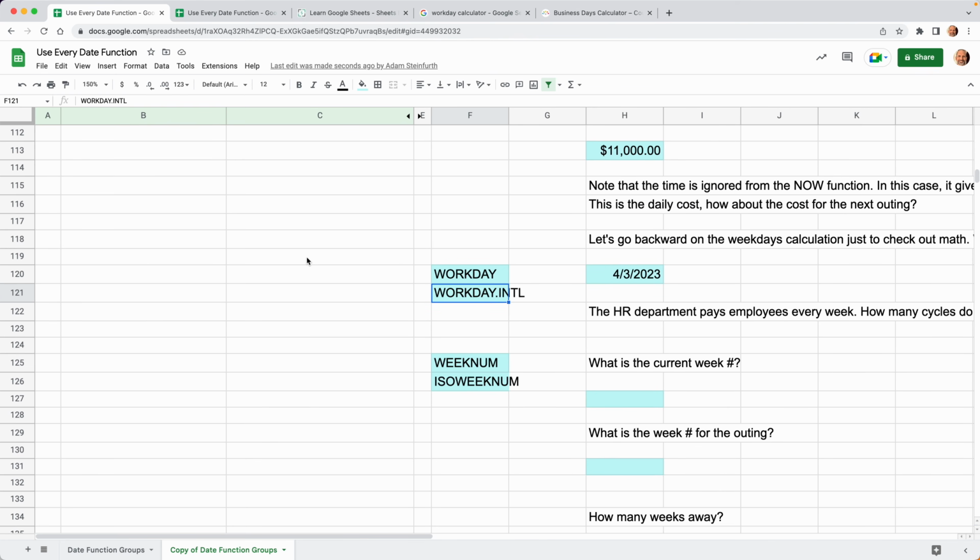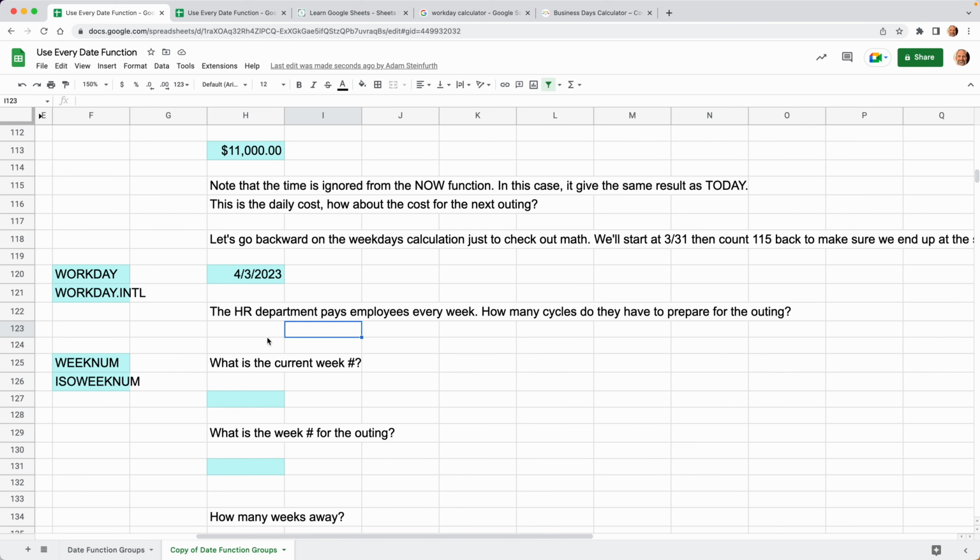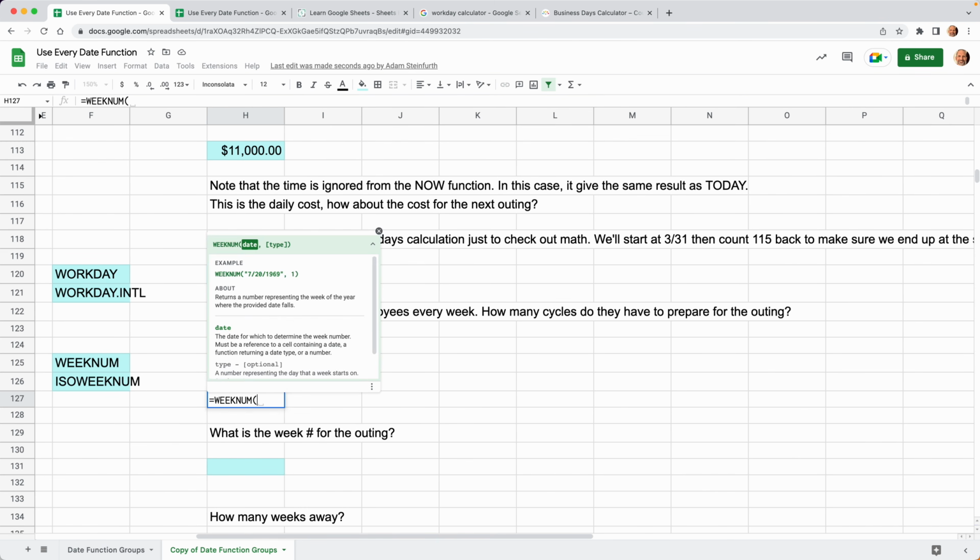So let's come back to our spreadsheet, scroll over to the right to get our story. And we're saying the HR department's contacting us and they want to know how many pay cycles do they have before the next outing. So they pay every week. So what you need to do is figure out the current week number. So let's say WEEKNUM of today